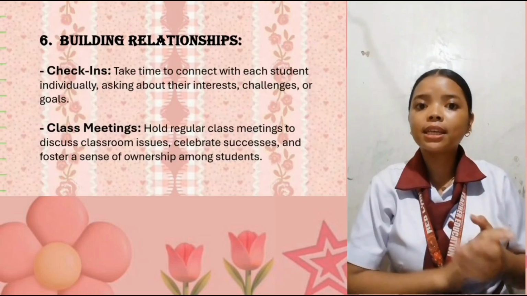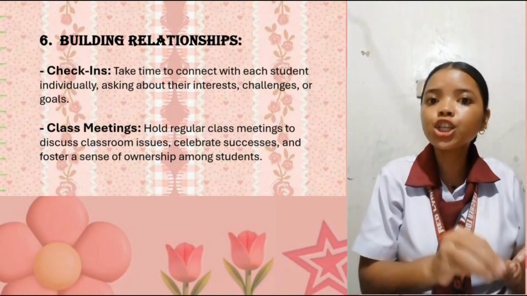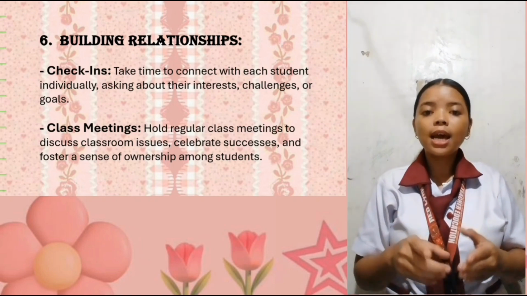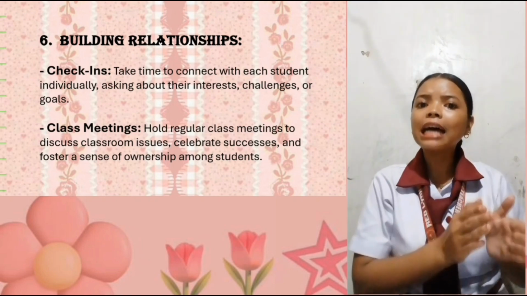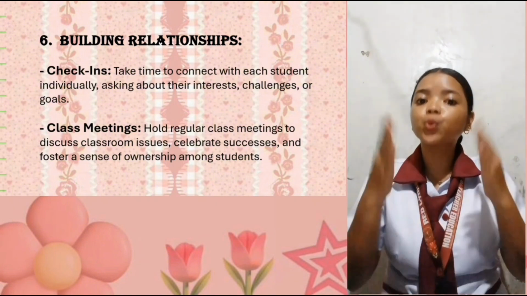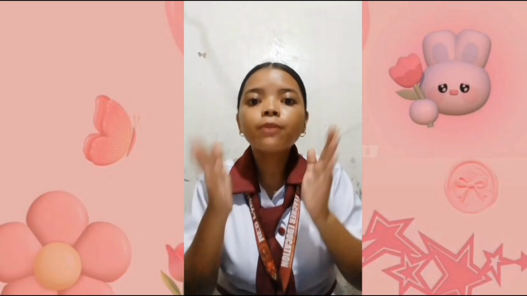Proceed to number 6, building relationships. Check-ins: take time to connect with each student individually, asking about their interests, challenges, or goals. Like class meetings, hold regular class meetings to discuss classroom issues, celebrate successes, and foster a sense of ownership among students. Remember, consistency, clear communication, and positive reinforcement are key to establishing effective classroom procedures and routines that promote a safe, respectful,